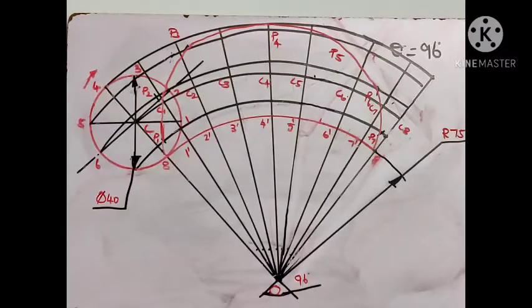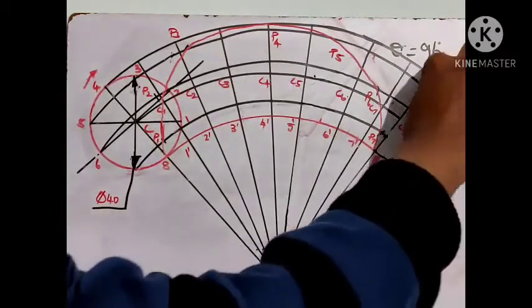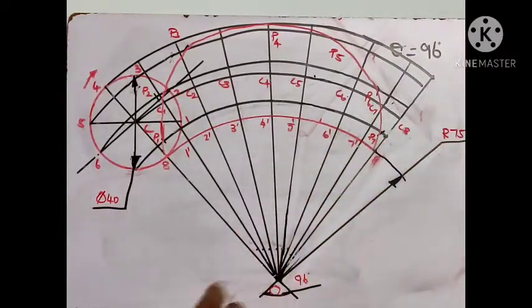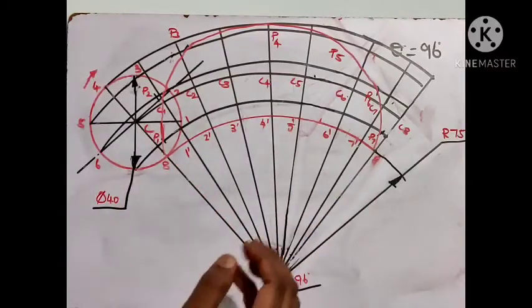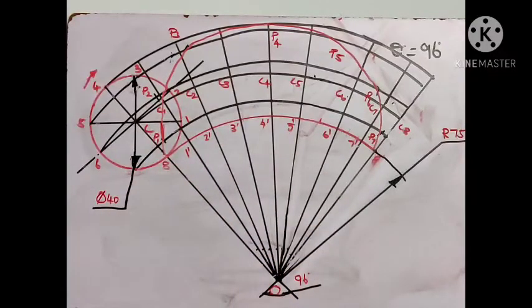So apart from that, you need to show the calculations here, okay? Because I don't have space, I'm unable to show that. But in the drawing sheet, to the right side of the drawing, you mention the calculations, okay? So this is the solution for the first part.